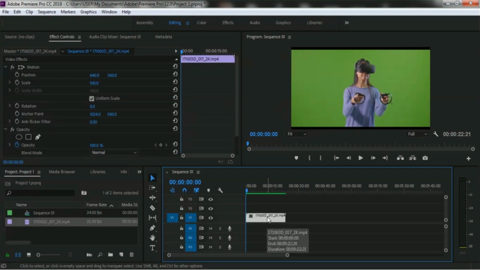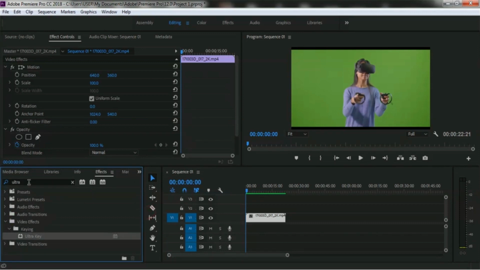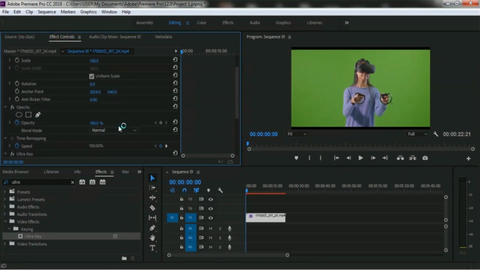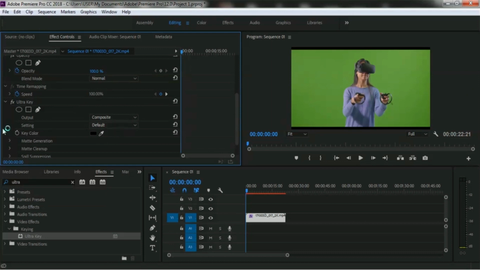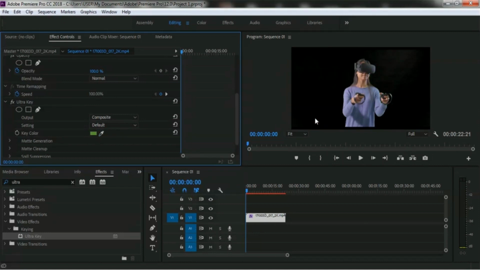So as you've seen before how to remove the green background, you just need to select effect option, and from there you have to select this Ultra Key effect. So I'm adding this Ultra Key effect to our video. I'm selecting Ultra Key, and in source monitor here's the effect control option, and from there you have to select the Ultra Key option, and here is the key color. So I'm selecting this key color option and I'm selecting green background. So you can take a look that the green background is removed,